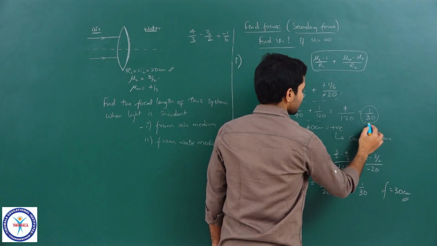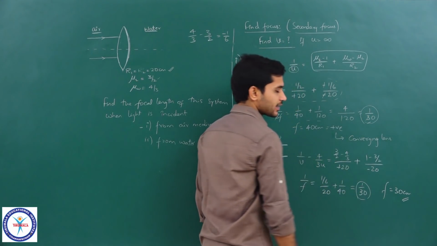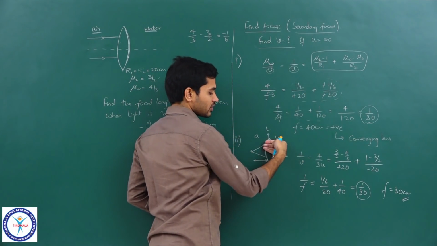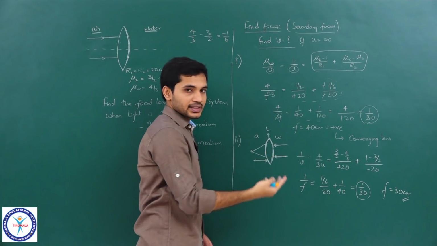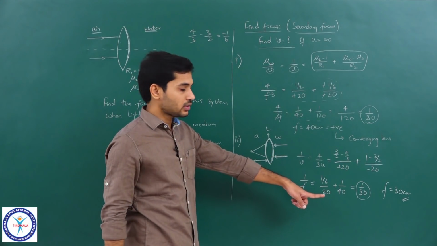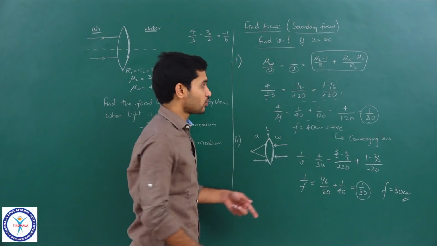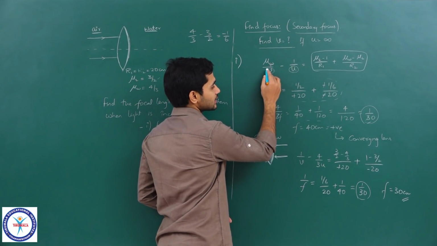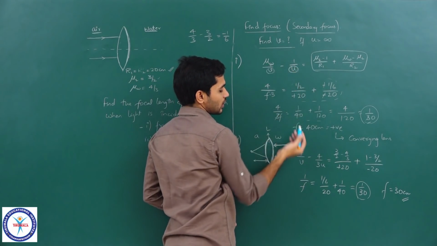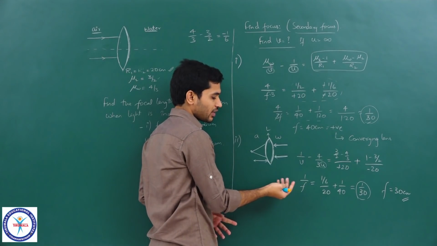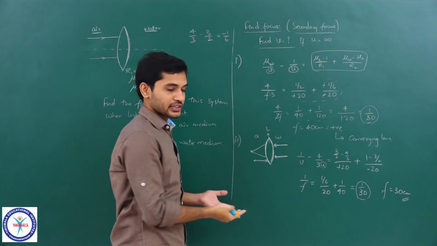Even here we got it as 1 by 30, even here also we got it as 1 by 30. So, whether you substitute this value while coming from this side or from this side, you get the same value, same parameter, but the focal length can be different. Why will the focal length be different? Because in one case you are making this 0 and in the other case you are making this 0, correct. So, that is why we have different focal lengths from different sides.